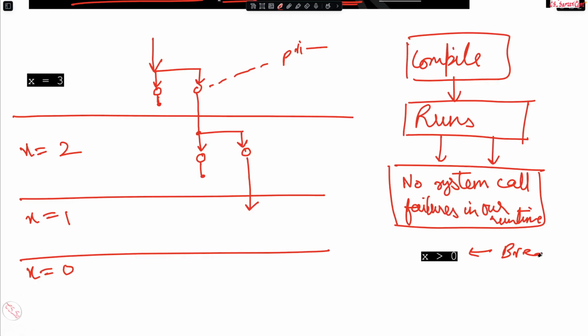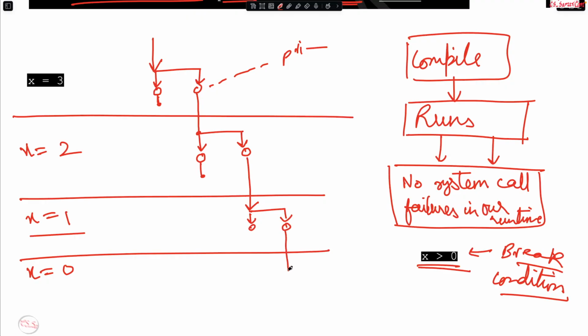Break condition is present over here, right? At this point, because x is equal to 1, the break condition has not been met. So again, the same kind of pattern which was here and here is going to repeat itself. It is going to produce a child, and that child and the current parent are going to print out, and then the child is going to go through the decrement of x, and at that point, because x is equal to 0, the break condition has been met, so the child thread is going to die.